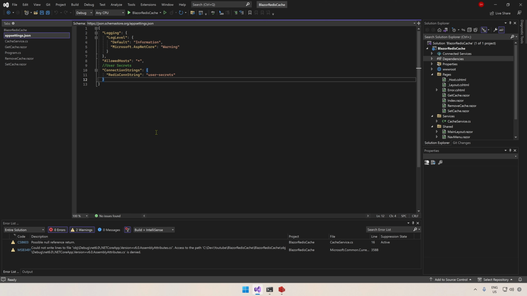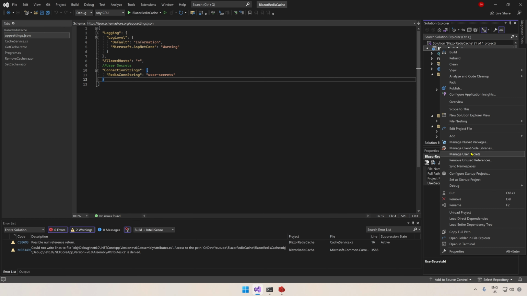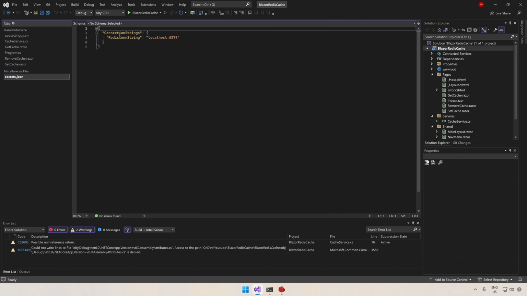So if we go over to our appsettings file, what I've done is I've just put a stub in here for our connection strings and our Redis connection string. This is a convention I like to follow: for anything that's a connection string or something that might contain private secret information, I'll just note in there that it should be in user secrets. So if we go and right click on our solution, go to manage user secrets, we've got our user secrets file. So we've got our connection strings, Redis connection, and the connection string, as you would have seen in